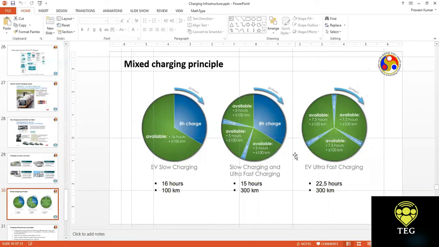But then, to look very carefully, if you have a passenger car and it's your personal car, then do we really need the availability of the vehicle for 22 and a half hours? I think from that point of view, even if the vehicle is available for 15 hours and I have an assured range of 300 kilometers because of the type of charging scenarios that I would encounter, then this would be great enough.